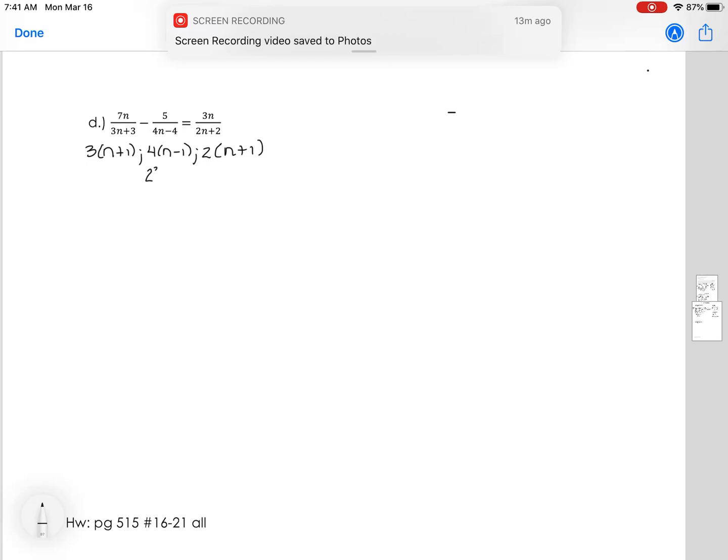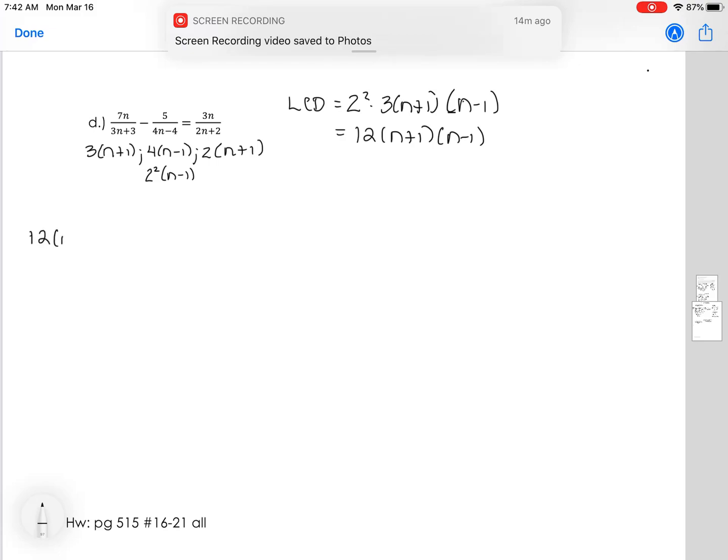Now the only thing is this middle guy right here, 4, is technically 2 squared. So don't get confused that the 4 and the 2 are two different things. They should be combined at some point. So your LCD needs the two 2's, the 3, an n plus 1, and an n minus 1 in the problem itself. So I'm going to just make that 4 times 3, which gets us 12, n plus 1, n